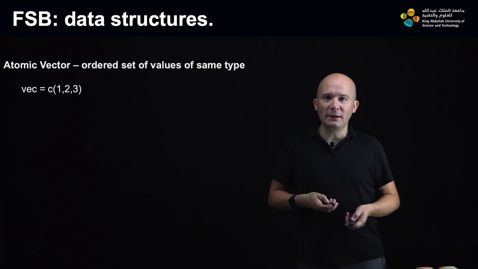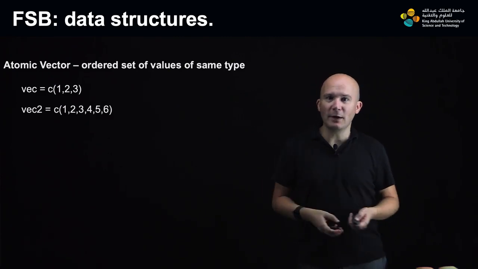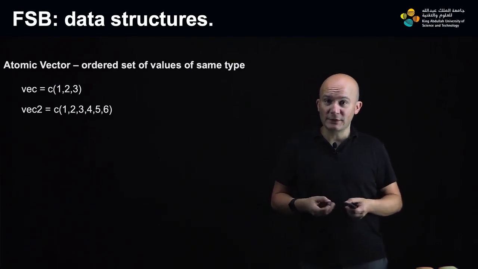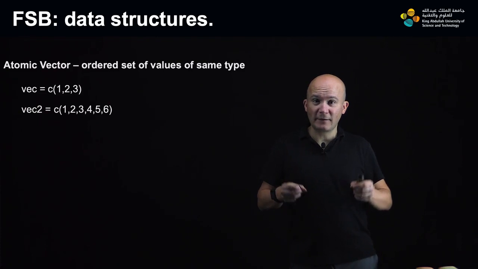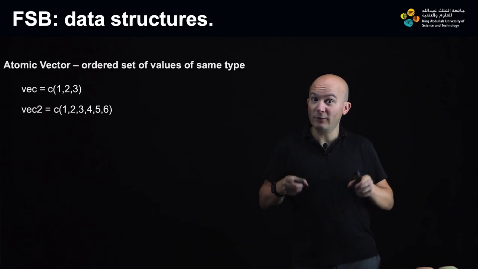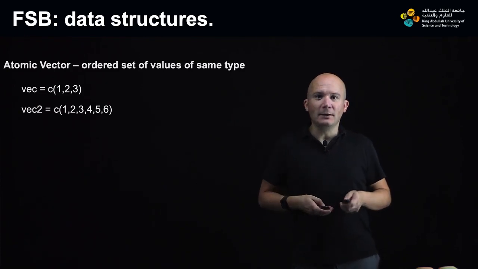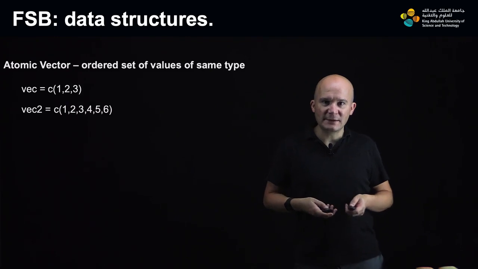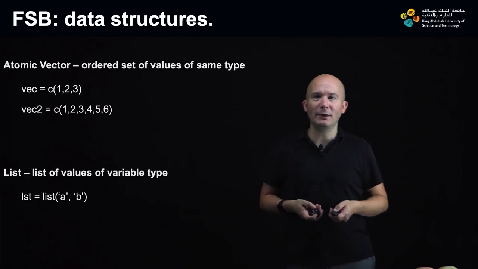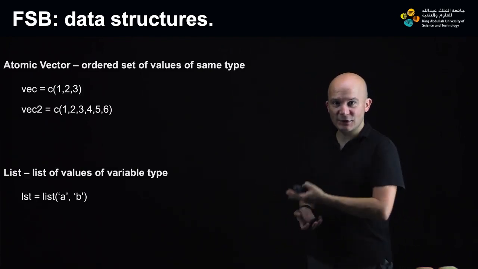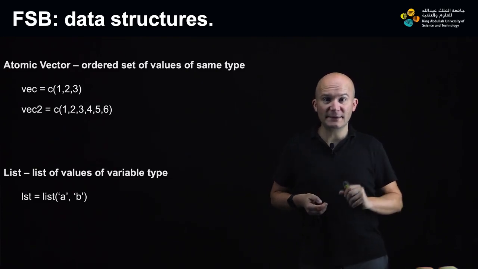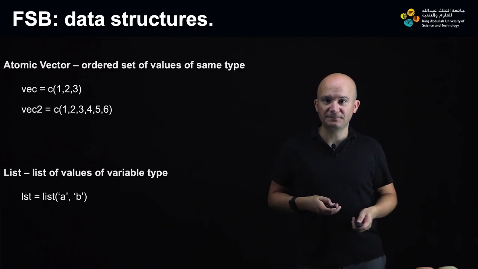As we will see in the coding lecture, we can generate many different vectors of different lengths, etc. But vectors, as I was saying before, must have every one of the items within the vector be of the same type. If we want to have different types, then we will be using what we call lists. And again, we will need to learn the syntax as shown here. We create a list named LST with 2 elements, each one a different character.